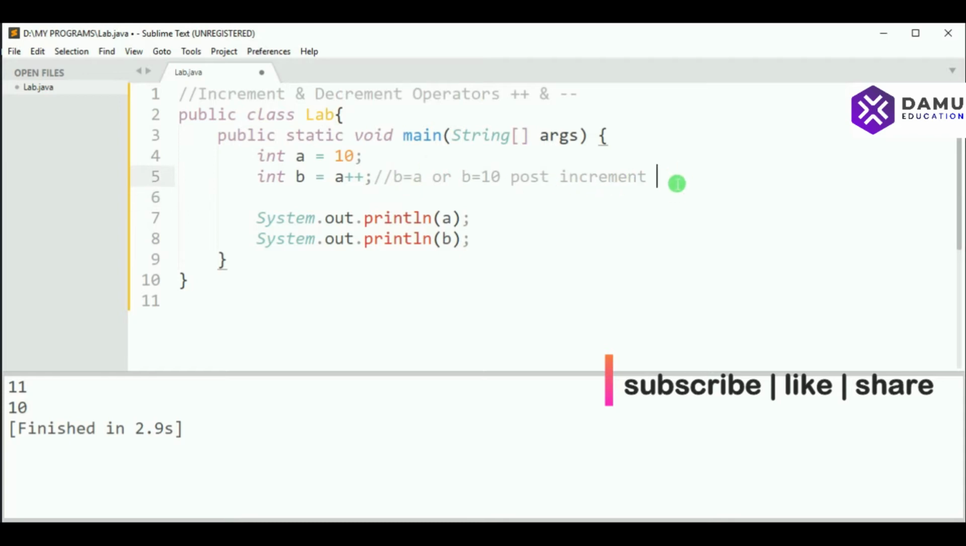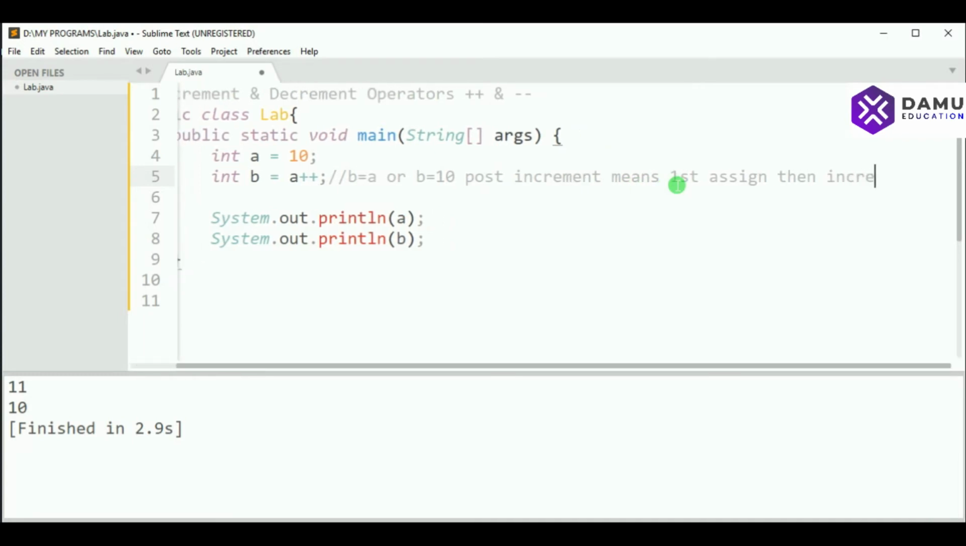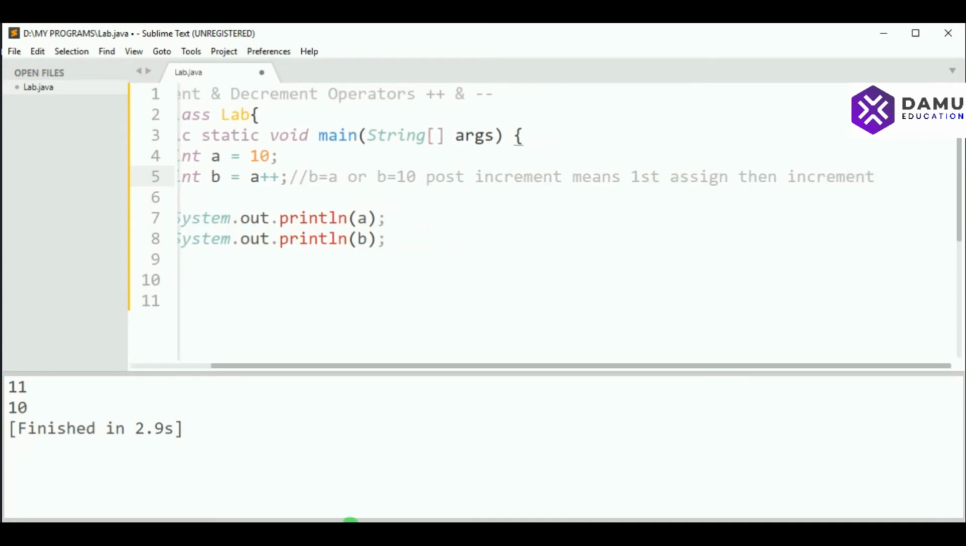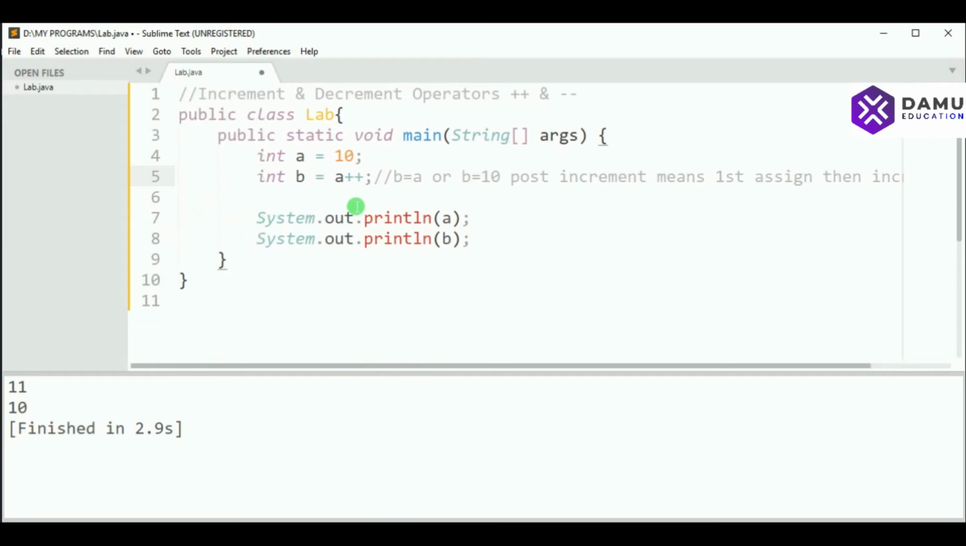Post increment means first assign, then increment happens. First assign, then increment, that is, here in the new line a is equal to a plus 1. This will happen. For that, a is equal to 11 happened, but b is equal to 10 only. Then what we'll check now is